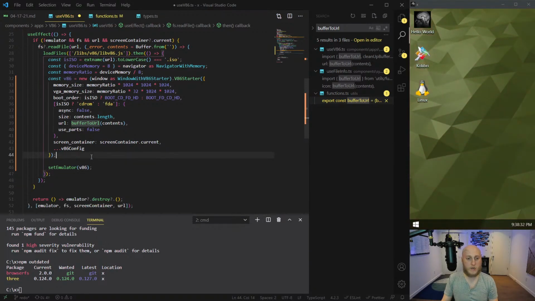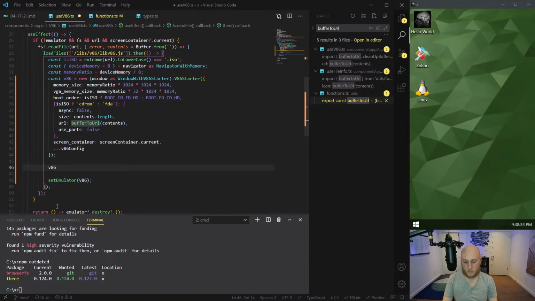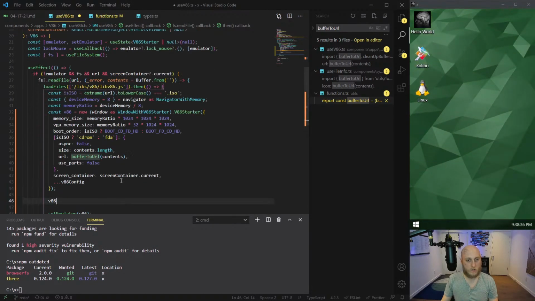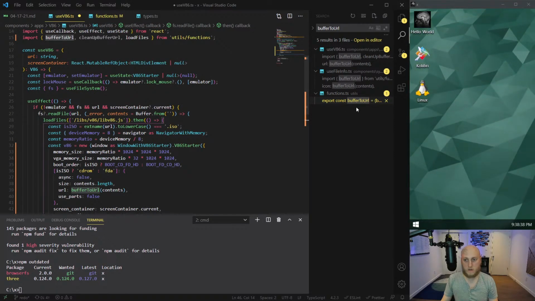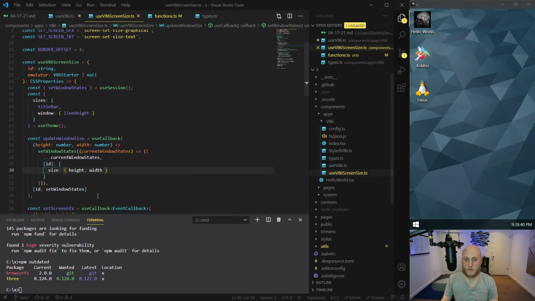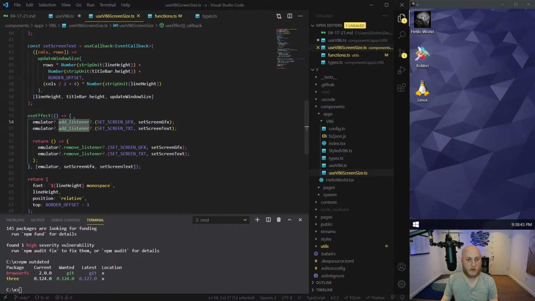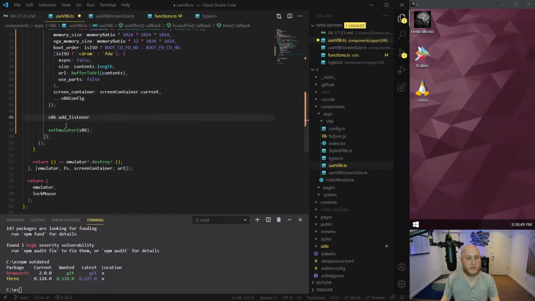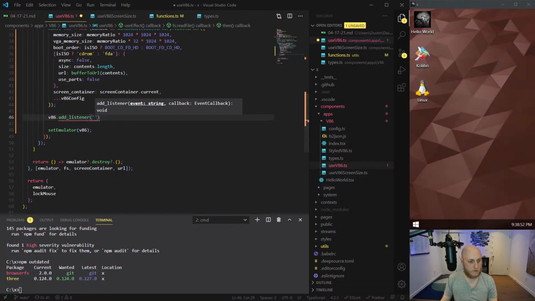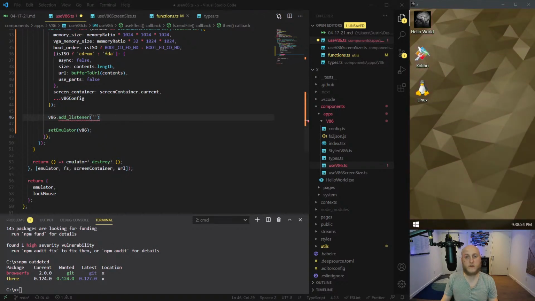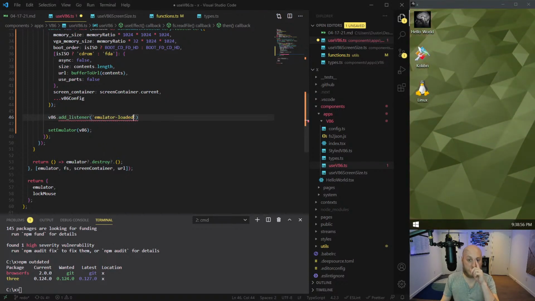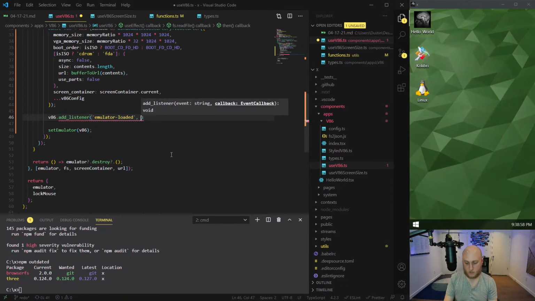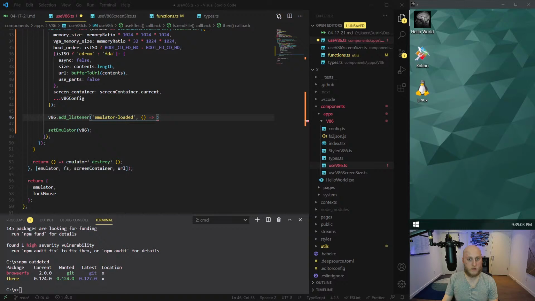But in between that, we need to add something. And it's the add listener, I think. We already do an add listener here with the screen resize. You see, we already know the add listener syntax. We don't have to check for emulator here. We know it exists because we're here, where we just made it. So add listener, and the listener event, simple enough, is called emulator-loaded. And that's from v86. And when that occurs, I want you to run the cleanup,